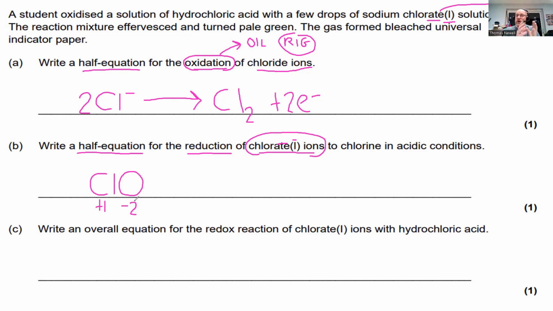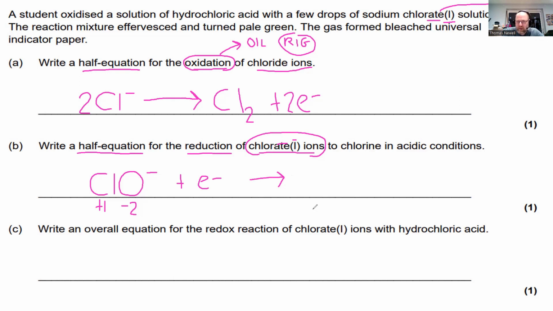What's the overall charge of the chlorate ion? Well, it's going to be minus. So this is a group ion with an overall charge of minus. We don't really need the plus and the minus down below. That's just our working out. Now we know that it's going to be reduced. It's going to gain electrons, so we're going to gain an electron, and we're going to become,